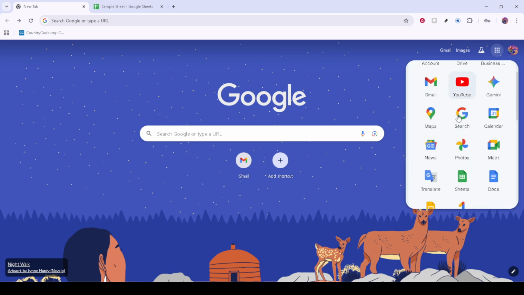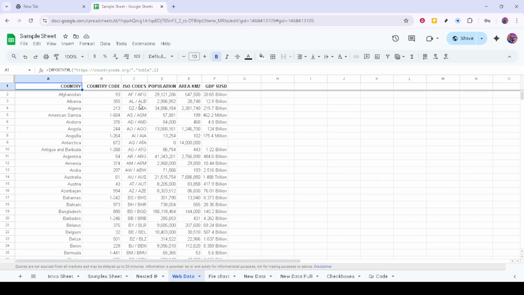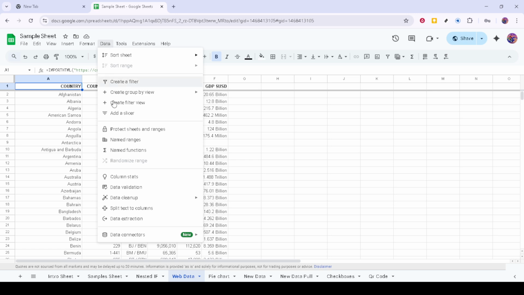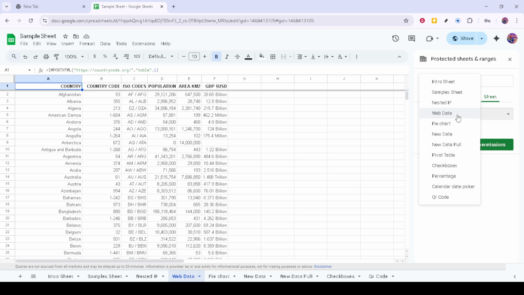First things first, we need to open Google Sheets. So, go ahead and open up your Google Sheets application or head to Google Sheets in your web browser. Once there, you'll want to locate the specific document that you need to unprotect. Typically, this will be a shared document or one that you've received from someone else, and it might be protected to prevent accidental changes.